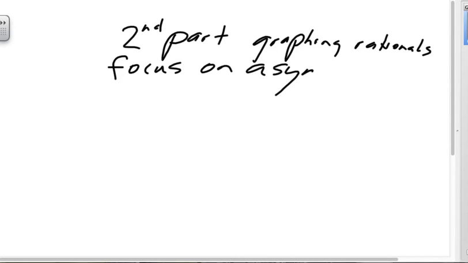Now, I suggest you really take these two seriously, because your midterm test, which is going to count for 6 grades, half of it will be on doing this skill right here. Okay, so let's talk about how we do these things and how we're going to find horizontal